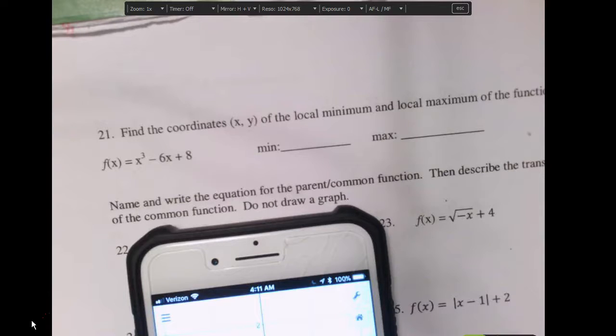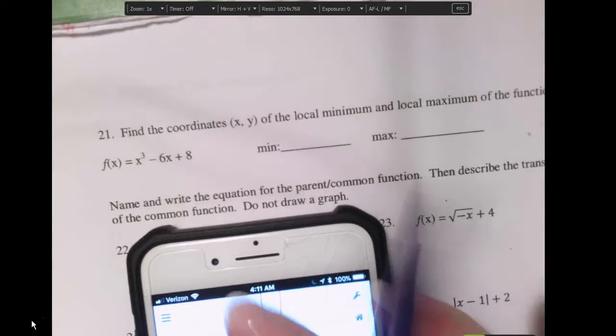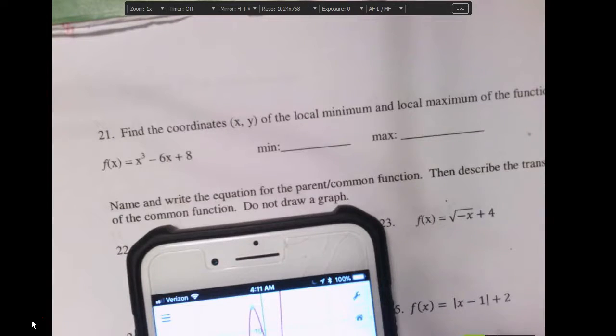That's going to be x cubed minus 6x plus 8. I think I had zoomed in earlier. So my relative max is going to be at -1